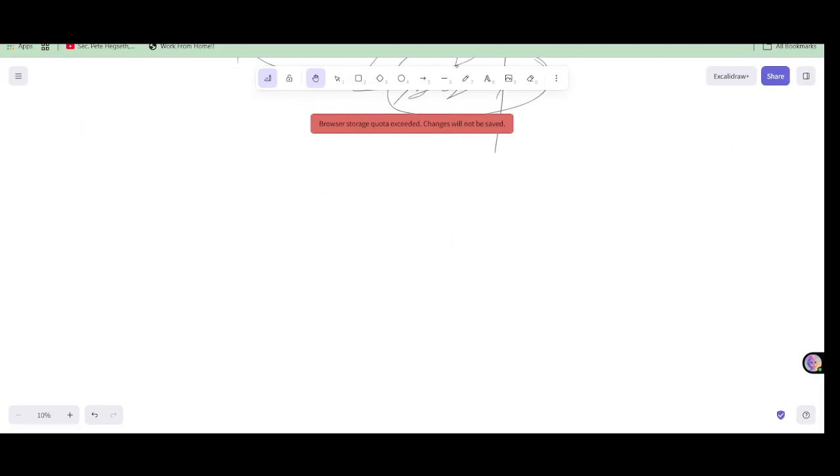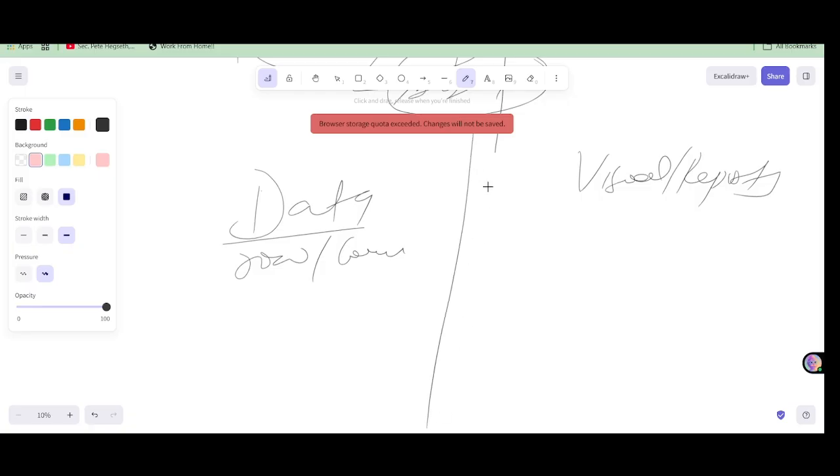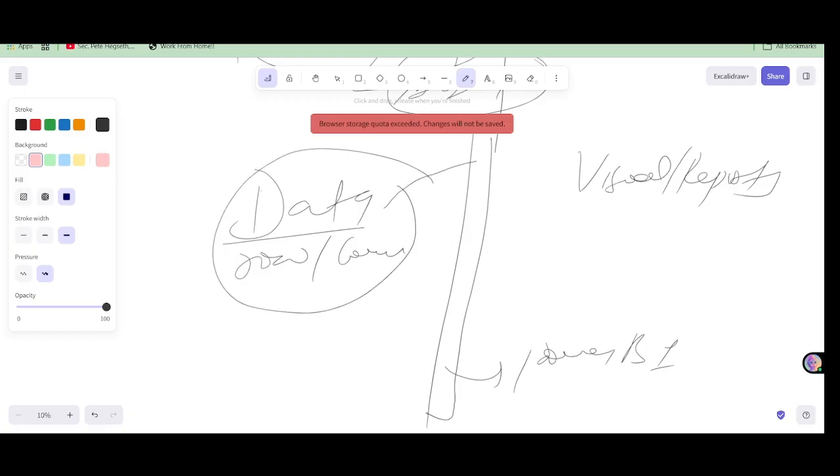Okay, so let's say this is the data, structured data, basically in rows and columns. And here we have the visuals, or you can say reports. In between there is Power BI. What Power BI actually does is turn this data into reports. The person who uses this Power BI tool is what we call a Power BI developer or business analyst. It is not that a business analyst is limited to using Power BI. They have a lot of things to do in the organization, but they should know how to use Power BI. It is one of their tasks, right?